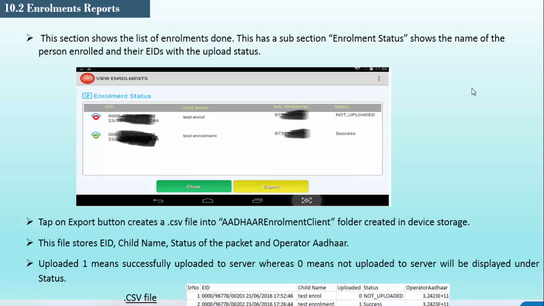You can open it from the installation path in Excel format. It can be exported only as a .csv file. This file stores the EID, child name, status of the packet, and operator Aadhaar number. So we can see the EIDs, child name, status of the packet, and operator Aadhaar using this export file.